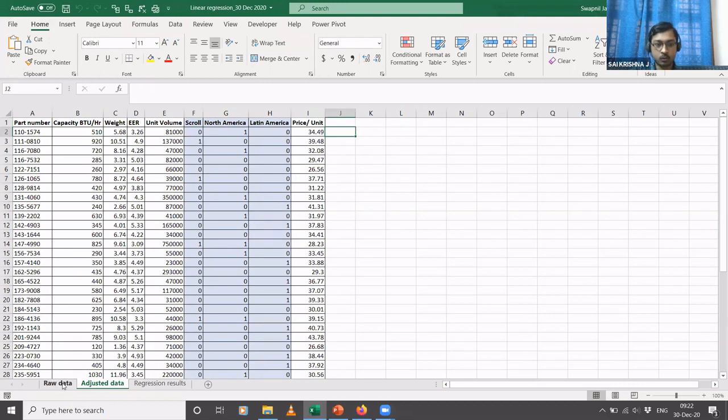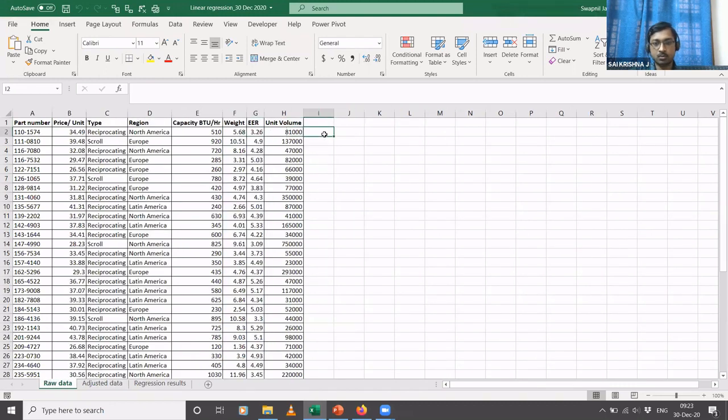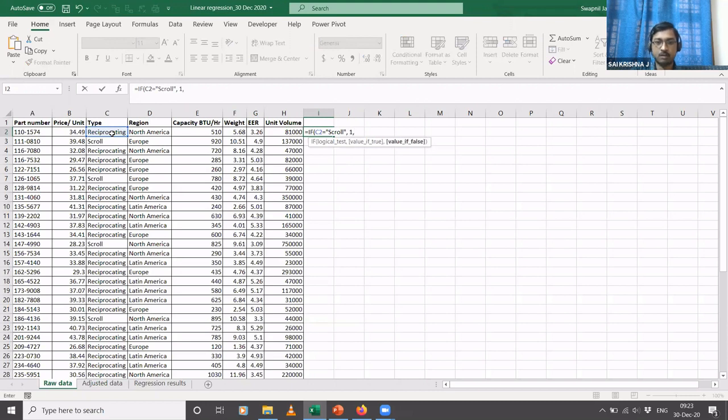I'll go back here. Let's say I create a new column. I'm using a simple if condition. So if the value of this C column, the type of the compressor, is equal to scroll, then I will say 1. Otherwise it will be 0.